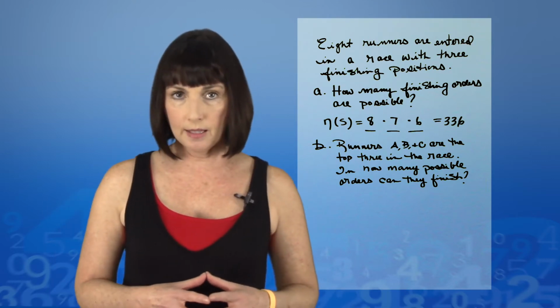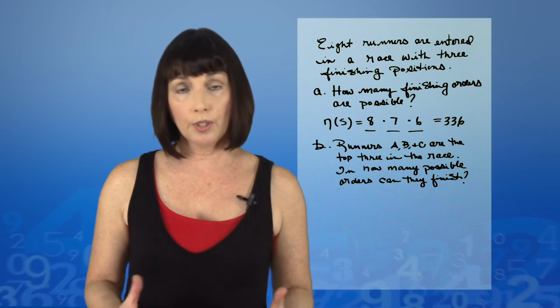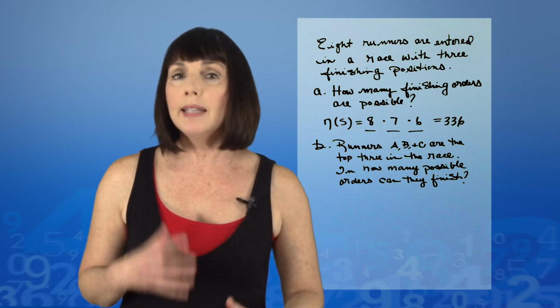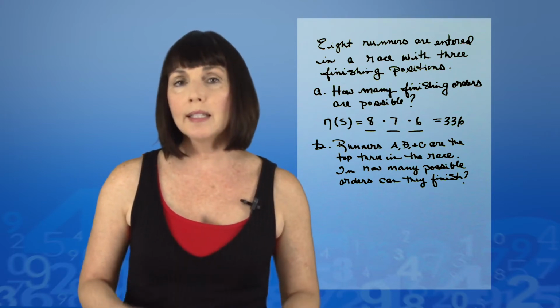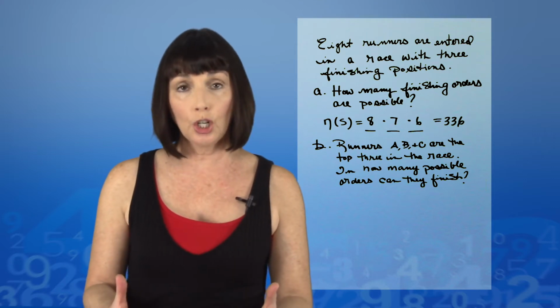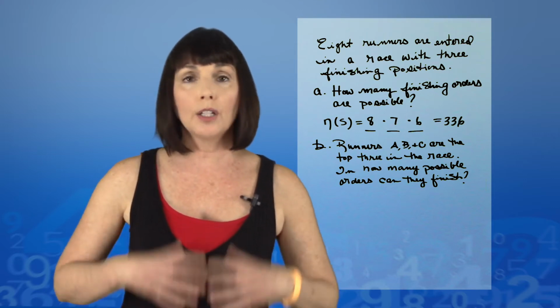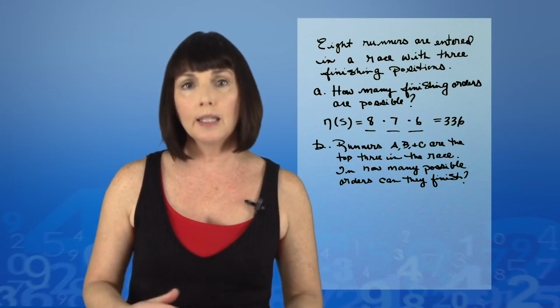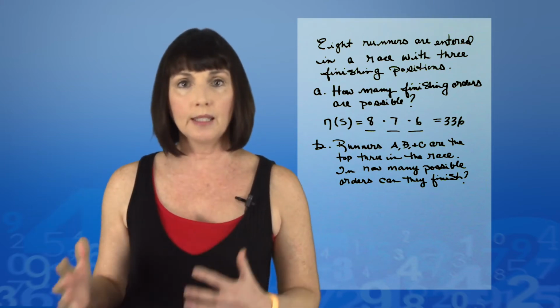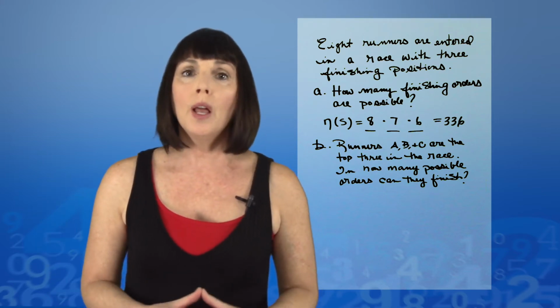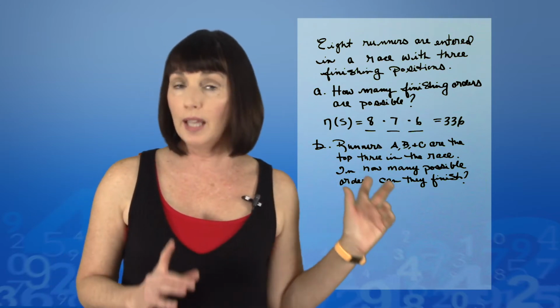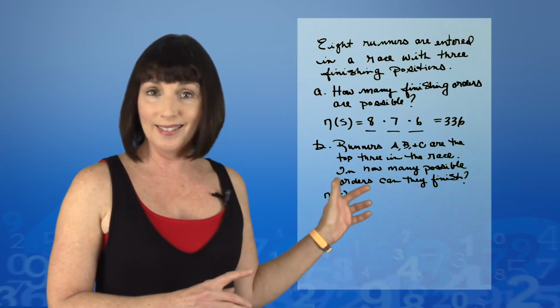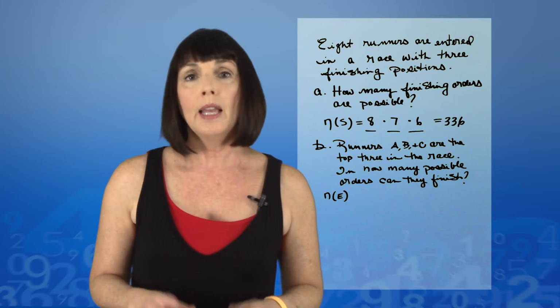The next part of our problem says, runners A, B, and C are the top 3 runners in our race. In how many possible orders can they finish? Now we're talking about the number of ways a particular event can occur, and that event is our top 3 runners placing in the top 3 places of the race. The number of ways our event can occur, which we'll write as n of e, is equal